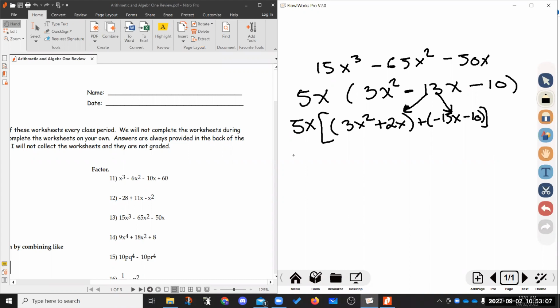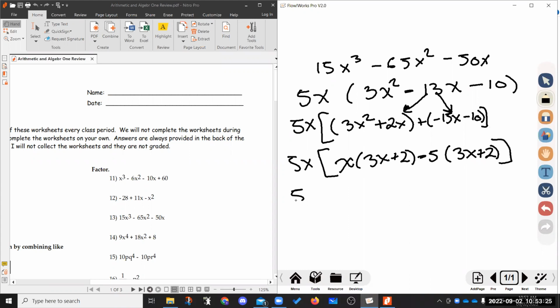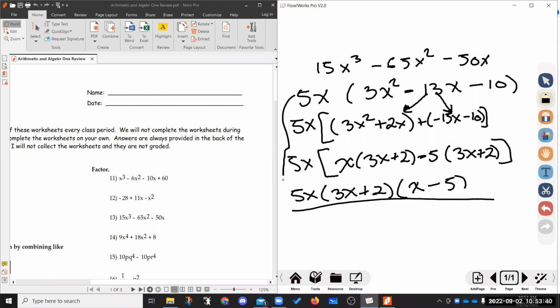Okay, so 5x on the outside, and then we've got x times 3x plus 2 minus 5 times 3x plus 2. So 5x times the greatest common factor here, 3x plus 2, times the remaining piece, x minus 5. Now, if you like the guess and check method, you could have from this point come down here and said